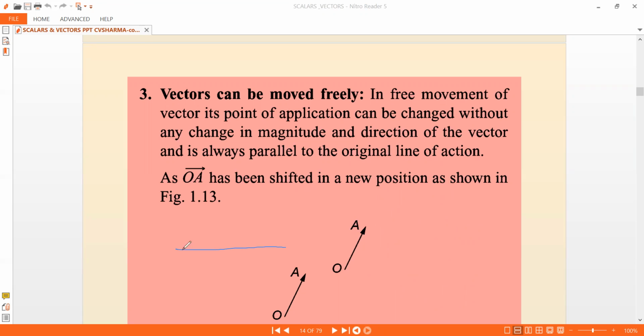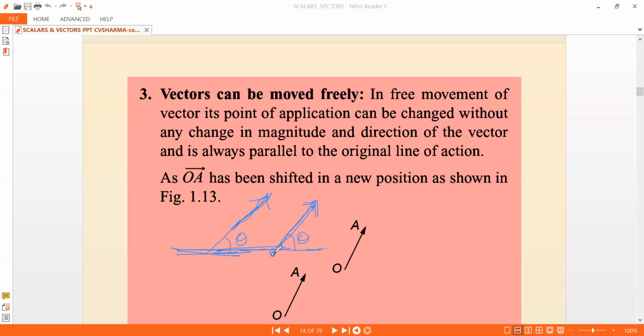How do I know whether I am changing the direction of the vector or not? Suppose this is my x-axis. The direction is given by the angle. Suppose this is the vector I have generated. How much angle it makes with the x-axis should always be fixed. So keep that in mind. Let us say the vector is making an angle theta with respect to the x-axis. Even if I slide the vector like this, it changes its position, but the angle remains the same. That is the funda I wish to tell you.